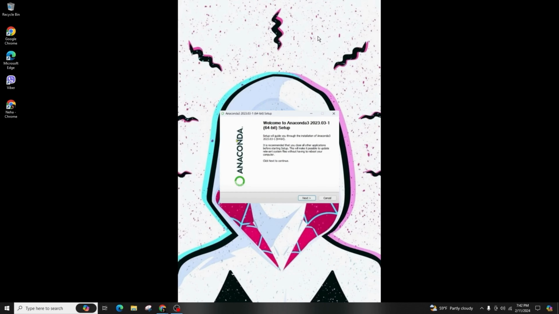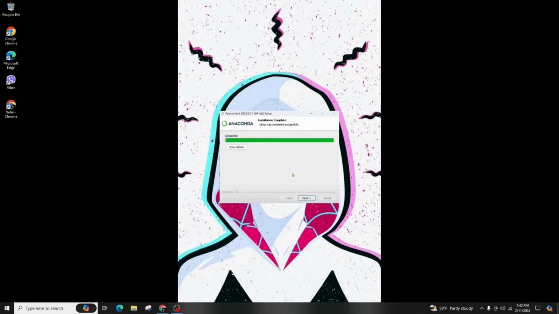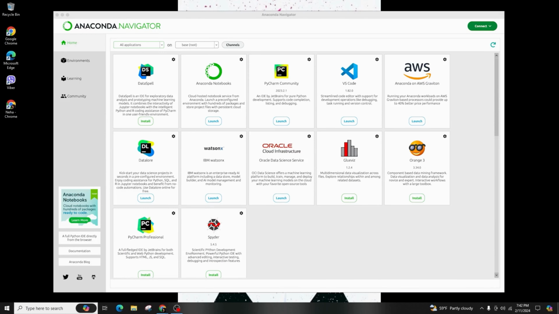Once you have downloaded Anaconda, you can proceed to open the file or the folder where it is saved and initiate the installation process. During installation, you will have the option to choose the installation directory and user visible settings too. After completing the installation, you can open the Anaconda Navigator, which provides a graphical user interface for managing your